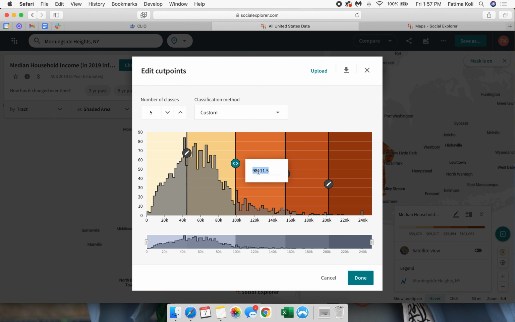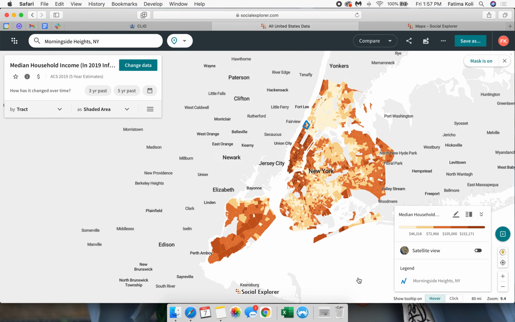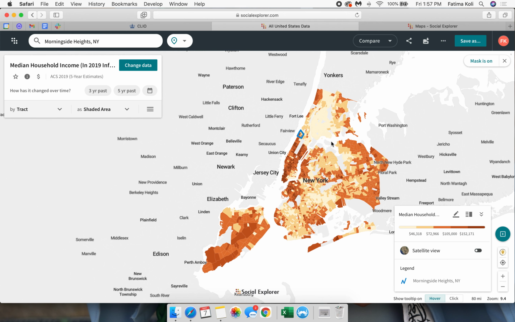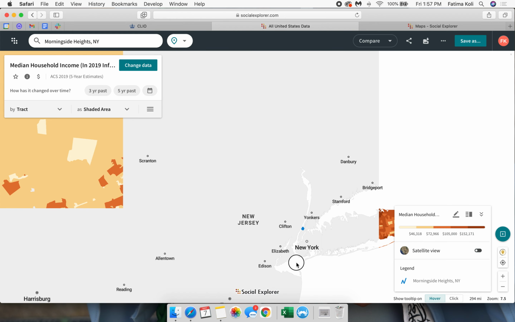You can also write in the value. So I'll stick to natural breaks for now. Okay, and then we can see the variation in our data. So great. Now let's turn off the mask for now. So let's go back to looking at the data at the US level. We're going to turn off our mask so that it shows us all the data. So we'll click on this X sign and click yes, clear, and let's zoom out now